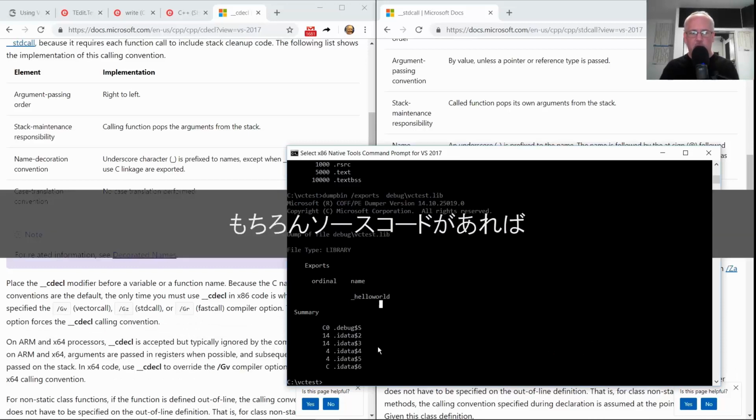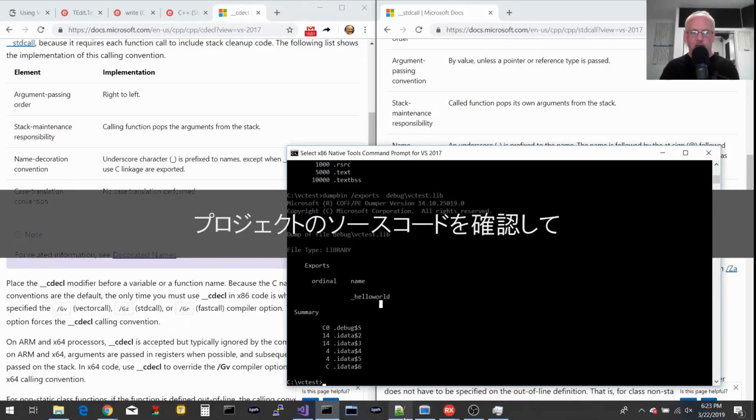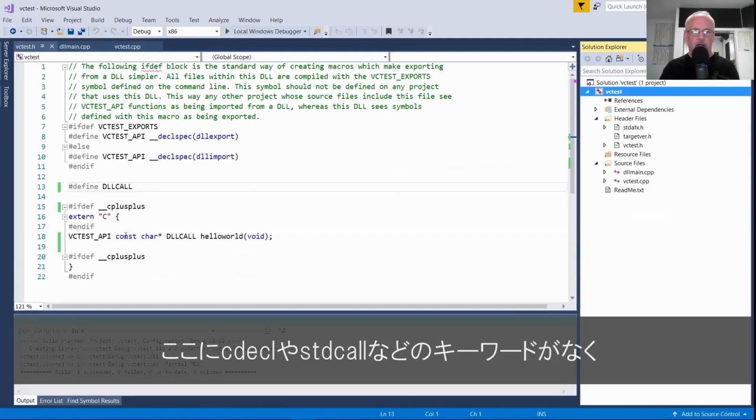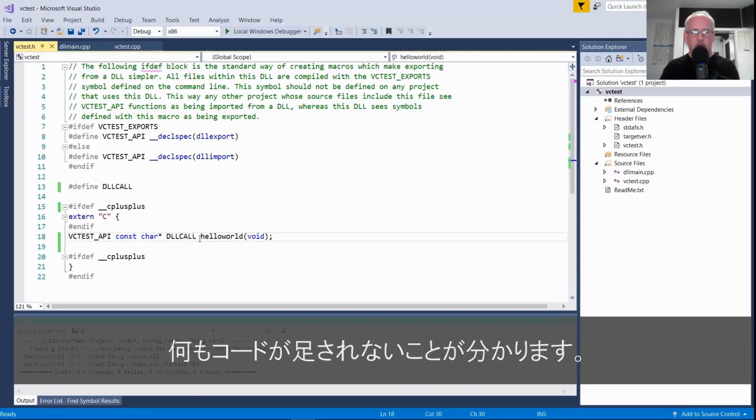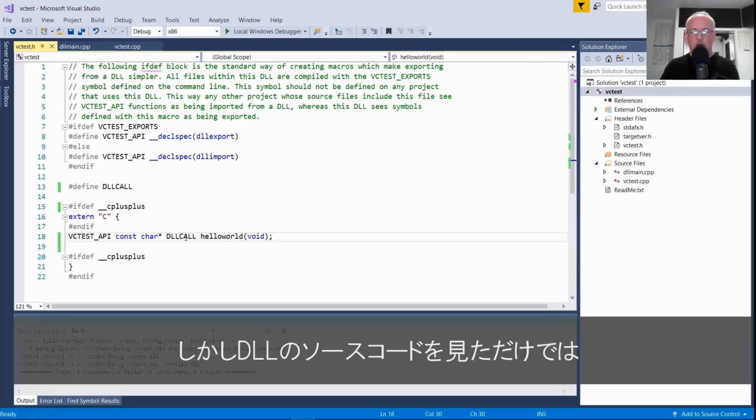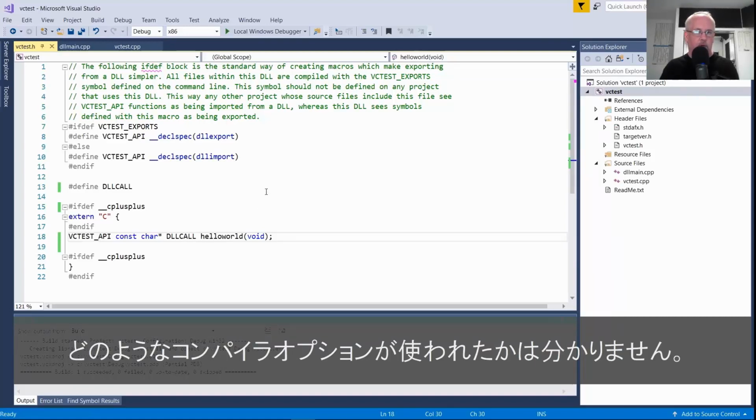Of course, we have the source code. We can verify in the source code of the project that it did not include a decoration here, that cDecl or stdcall keyword. In this case, the DLL macro is being defined to nothing, so there's no additional code here. But we don't know, just by looking at the DLL or the source code, what compiler options were used.